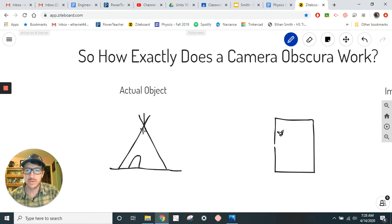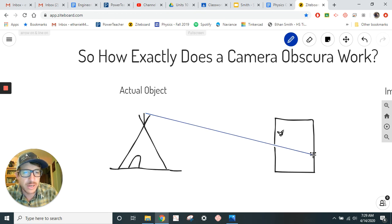Out here in the real world, you've got your object, and this object is being bathed in light. In my case, it was from the sun, but you could also light it up yourself with a flashlight or a lamp. And so there's light coming in from the sun. It's bouncing off and reflecting off of the teepee and all the other objects, all the hills and stuff in the background. And because it's a rough surface, it's bouncing off in all directions, right? And some of those, from the top here, actually end up going through my pinhole, right? And if we represent it traveling as a straight line going through the pinhole, then the top of my teepee here, right, some of those wavelengths